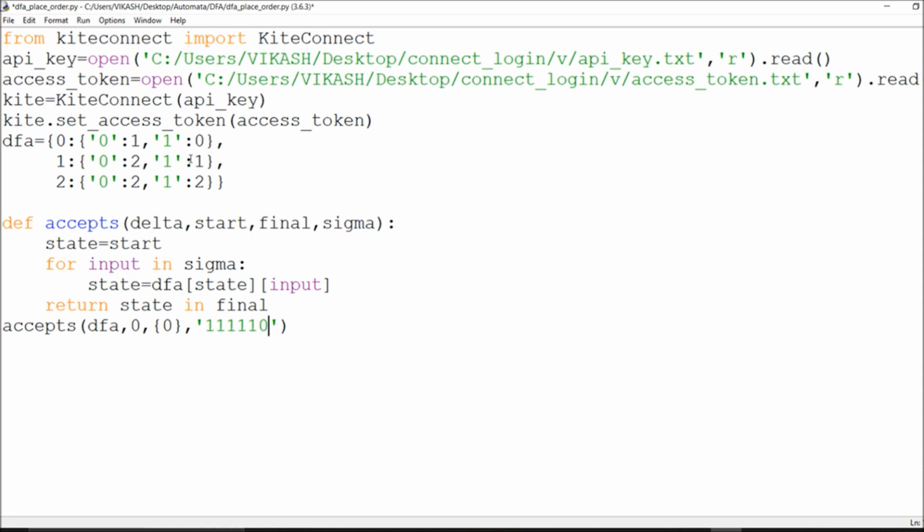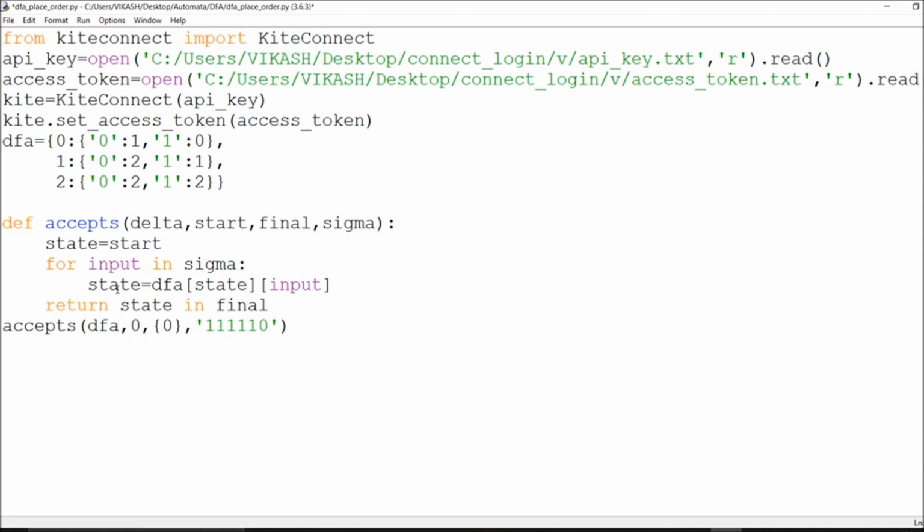Our statement itself says only one sell will be there, and if many more come after that, they should not be accepted. So we reach the final state, and we are good to go. We are not doing any more transactions. At the final stage, at the sell, we completely book profit: if we bought 5 lots, we keep 5 quantity and sell it all. Right now I'm just keeping this as 1 and 0 so it is simple for you to understand. We have already created the transaction diagram and the table, and we are good to go.